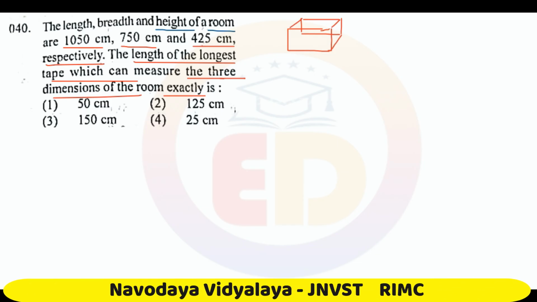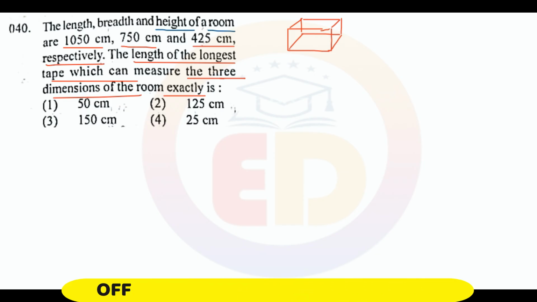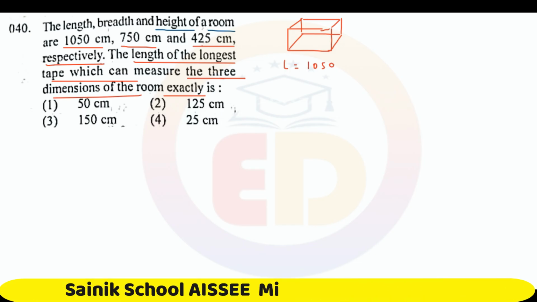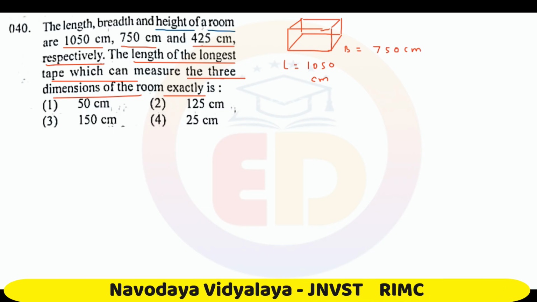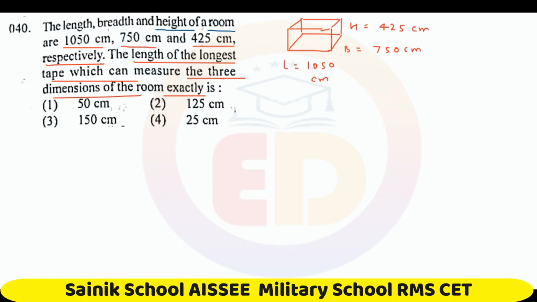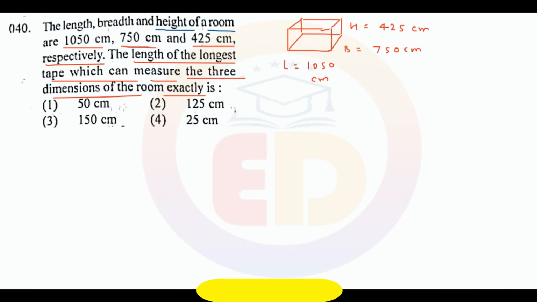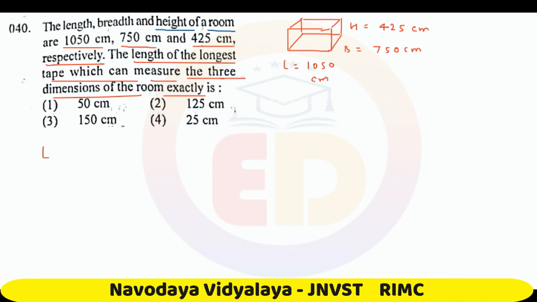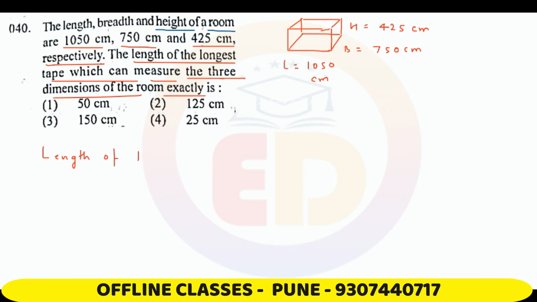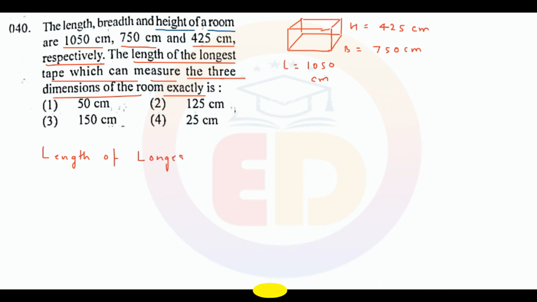Many times I've told you, let's break down the question. The length is 1050 centimeter, breadth is 750 centimeter, and height is 425 centimeter. Now the question says the length of the longest tape which can measure. The meaning of this term is length of longest tape which can measure all of them, means